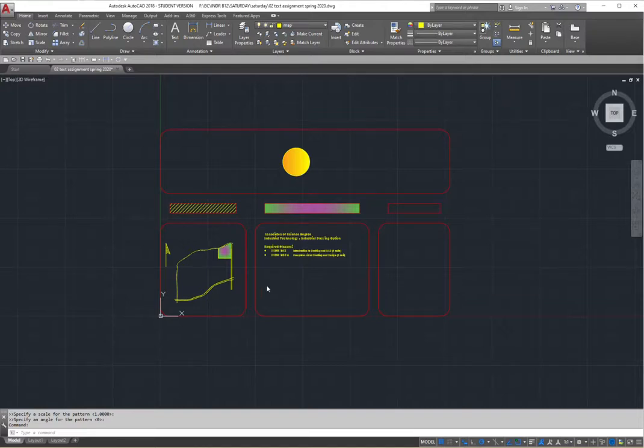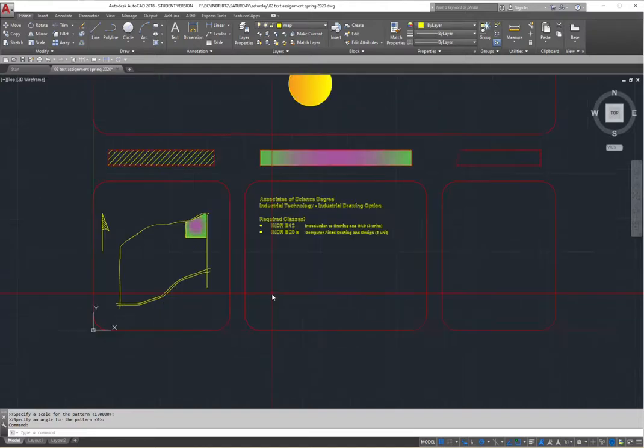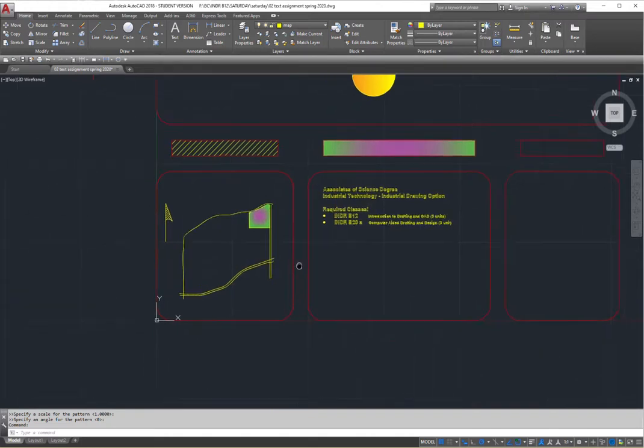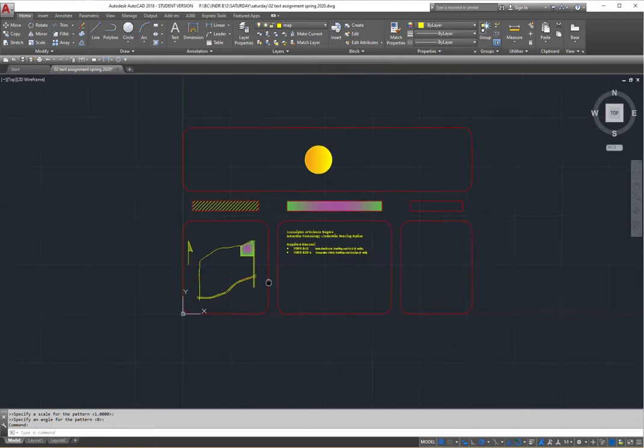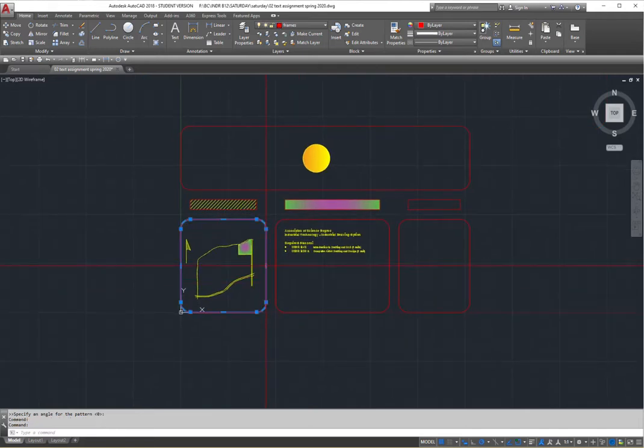Okay, welcome again. So now what I'm gonna show you is just how you're going to create these borders. You should know now how to create them, but I'm just gonna give you a quick demo of how you can do your borders with your fillets even faster than as we did before when we learned about all of our modify commands. So I'm just gonna erase one of these, okay, and I'm going to erase this one right here. And you should know the location of those